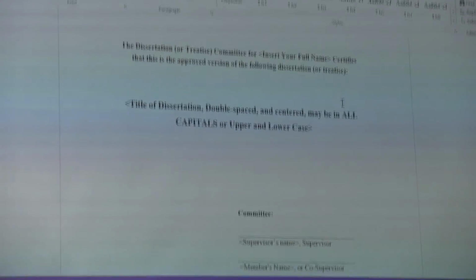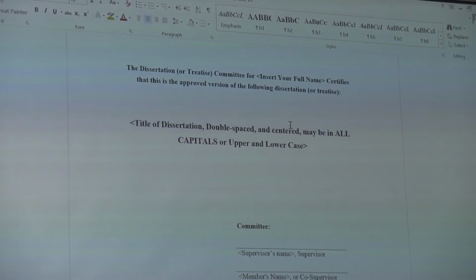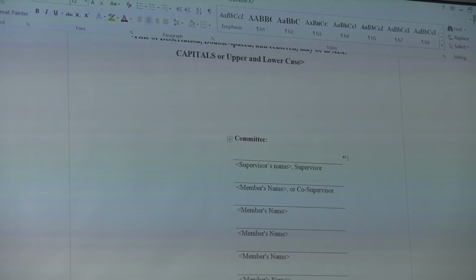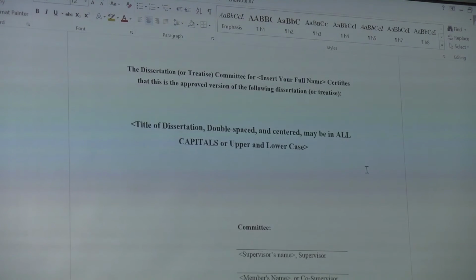Then the next page is probably the most important page out of the whole thing. This is the signature page. This is the page your committee signs off on to indicate that they're happy with everything, you've done all the revisions they wanted, all that kind of thing. It's a page that you will turn in to us at the end, along with a few other pages of paperwork. We don't want a hard copy of the whole thing. There's just like 4 or 5 pages worth of actual paper that you'll turn in to us. And this is the big one.